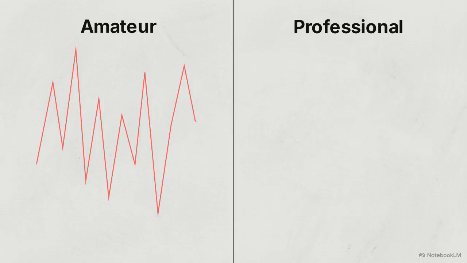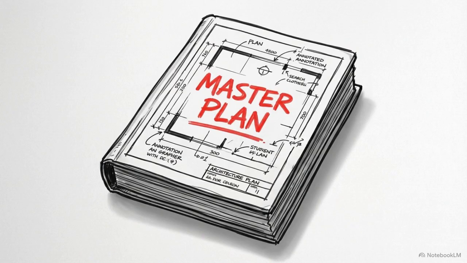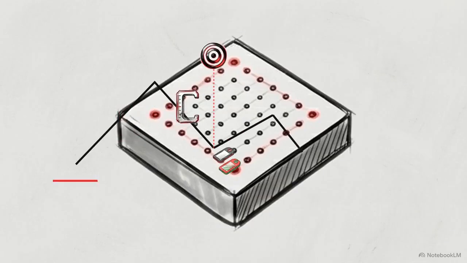Amateurs scan these charts looking for random shapes to gamble on. Professionals use them to build a strict, repeatable operating plan. By the end of this, you will have a complete framework. You'll know exactly when to enter a position, where to take your profits, and how to counterattack if the market